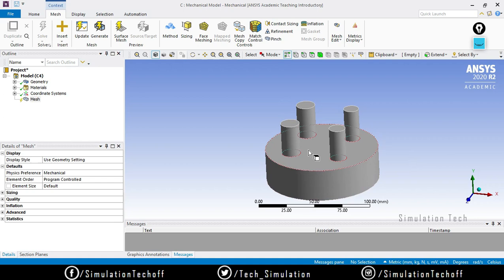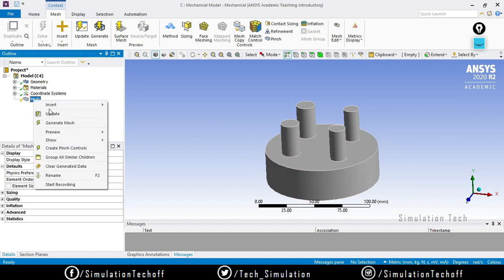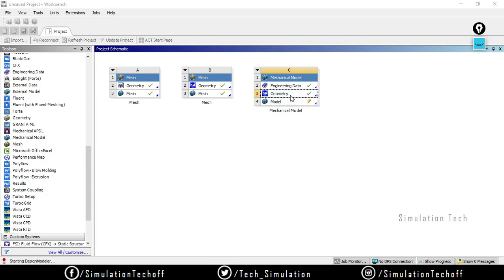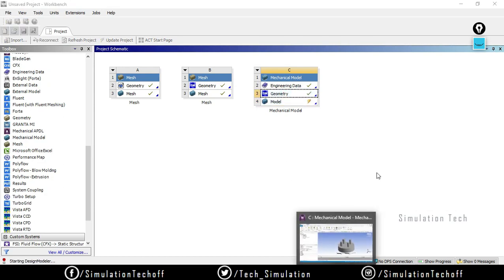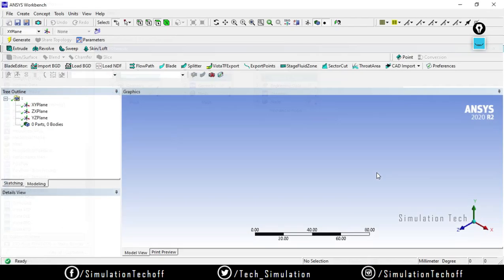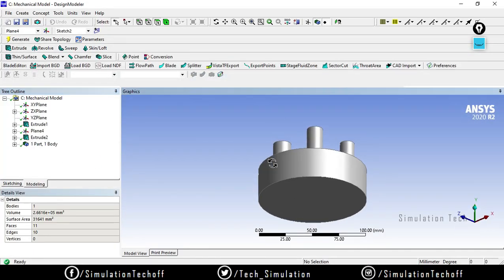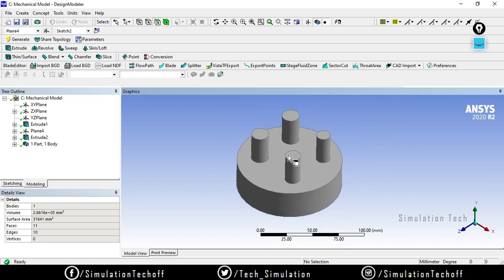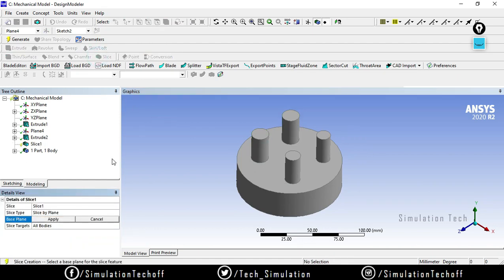Why? Because there are two methods. Either you can manually split this model, see, right click and say show sweepable, there is no sweepable body at all. But if I get back to the design modeler, there are two methods. You can split this geometry into multiple pieces. I can split the top extrusion by using slice by plane, no, I want to slice by surface.